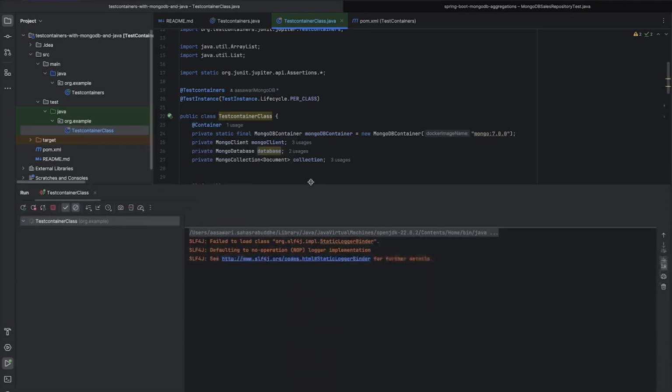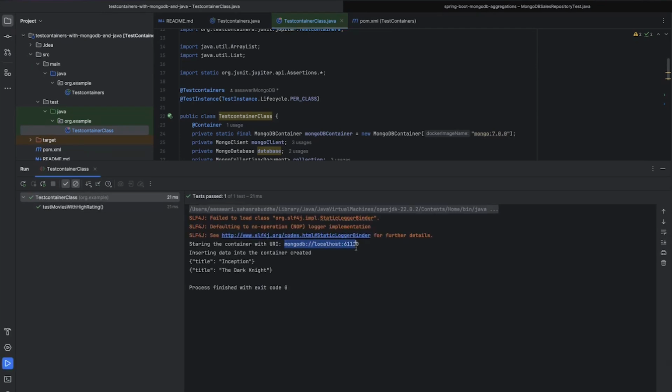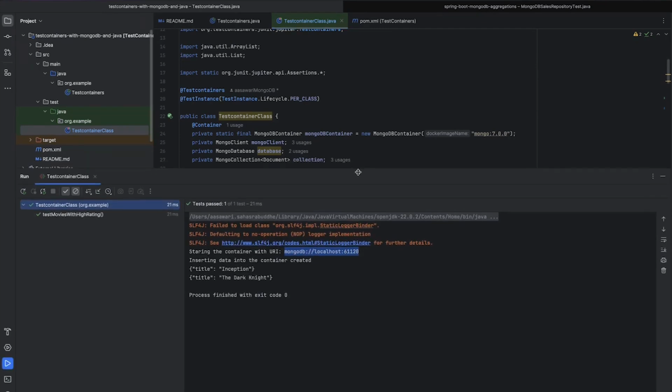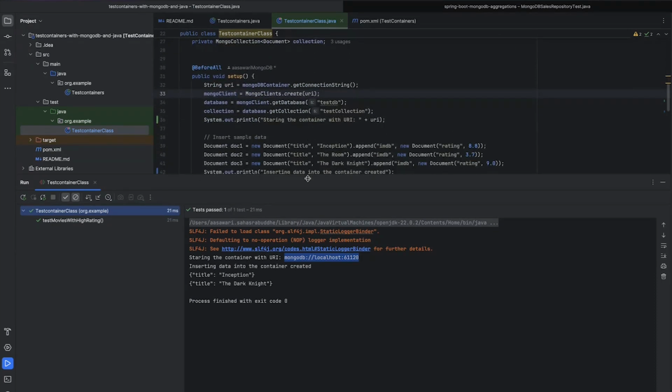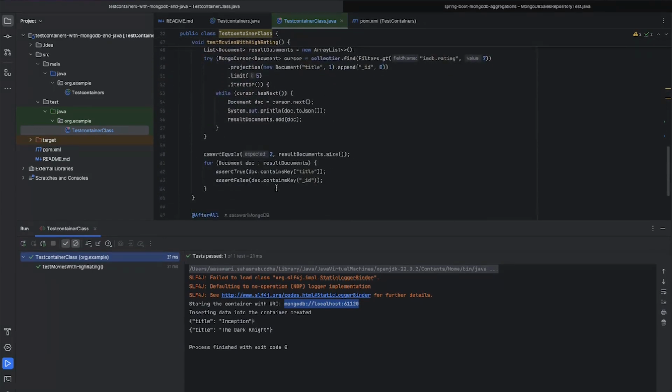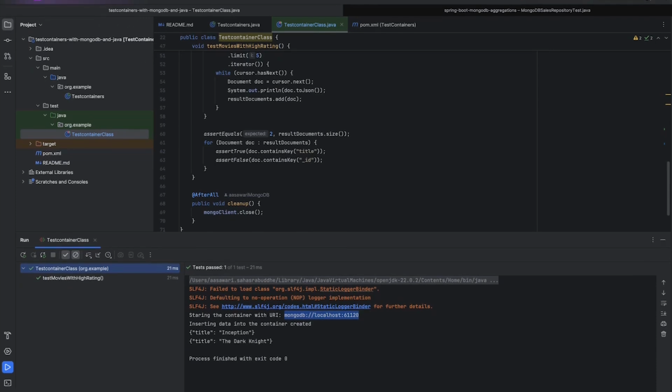So if we go into the logs of this, you see it has started the test container with MongoDB localhost 61120, which is the port which is created on the go. So this instance is created on the go, and this localhost 61120 is also created on the go. And the data is inserted, and if you find at the end of the test case, it is just printing the title of the movies which have IMDb rating greater than 7. And after all of this is done, we just close the connection. When we close the connection, it is closing the container, and the container is closed, the data is lost after it. Now let's understand and see how do we do it in a Spring Boot application.